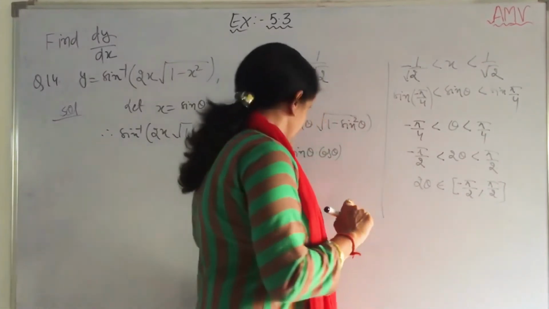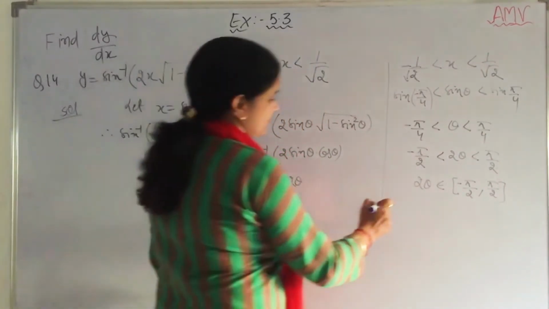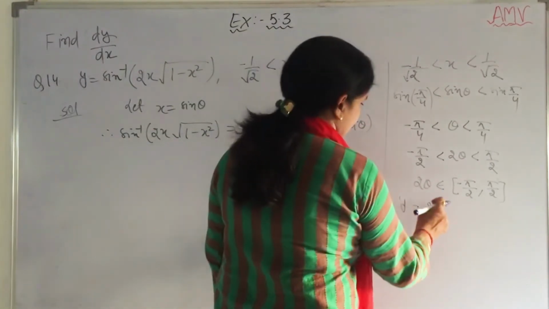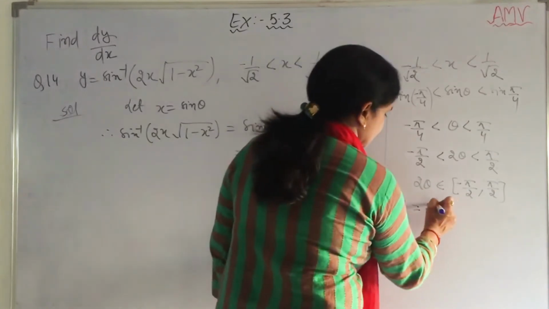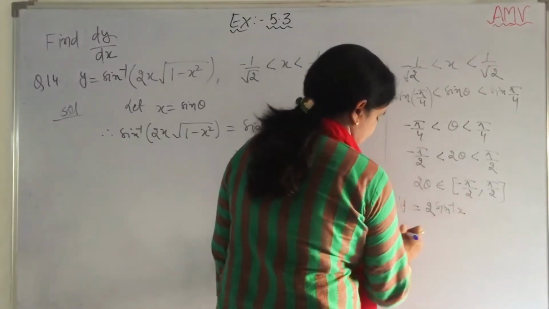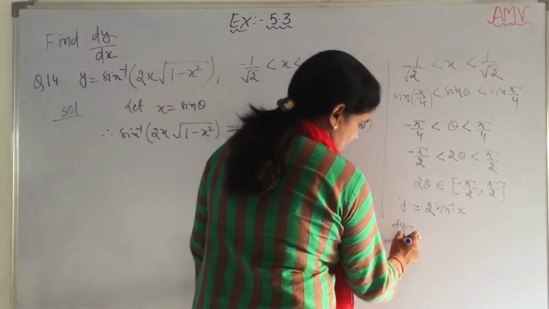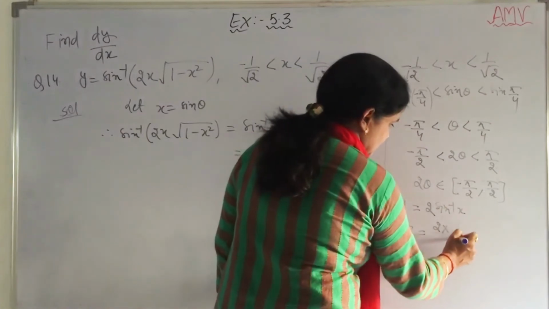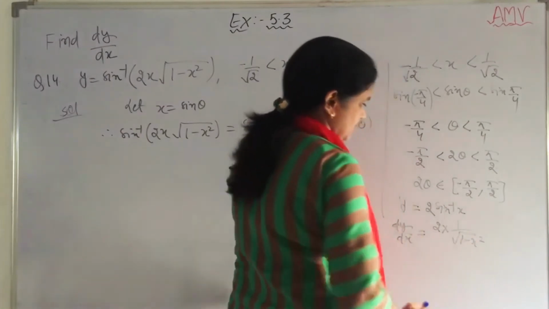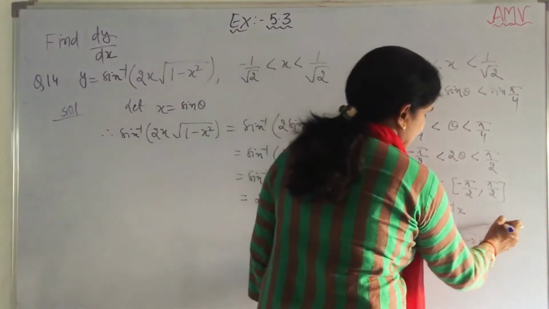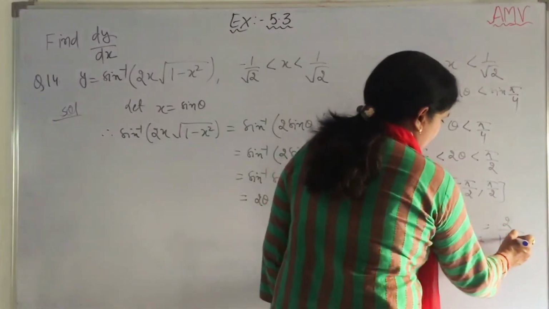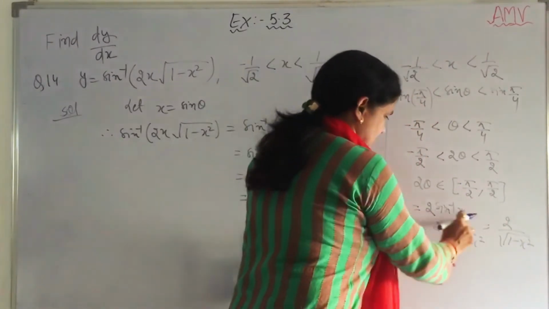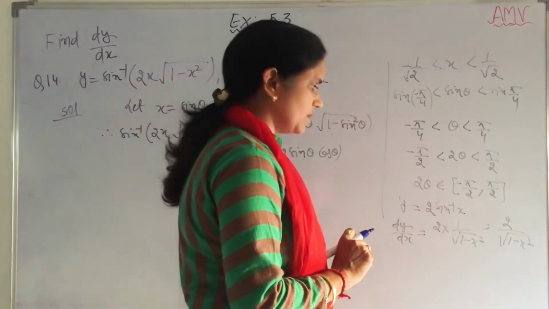Okay, closed interval. So students, here we will find that y is equal to 2 theta, and the value of theta is sin inverse x. And now find the derivative. So dy by dx is 2 times the derivative of sin inverse x, which is 1 under root 1 minus x square. Okay. So the final answer is 2 by under root 1 minus x square. Okay. Here you can write the step differentiating with respect to x.